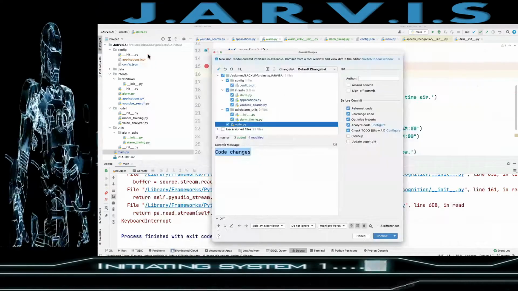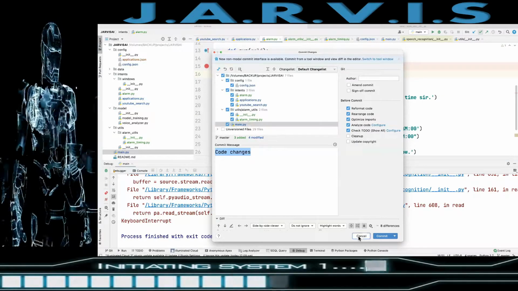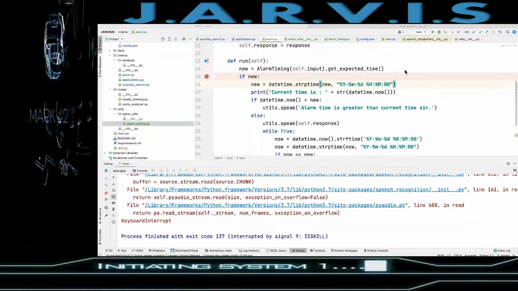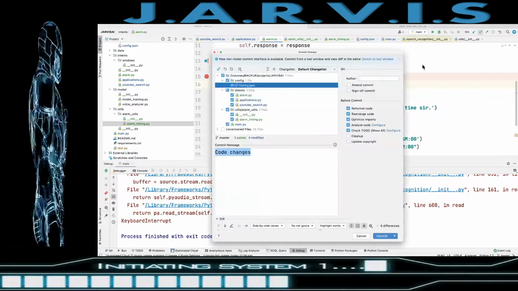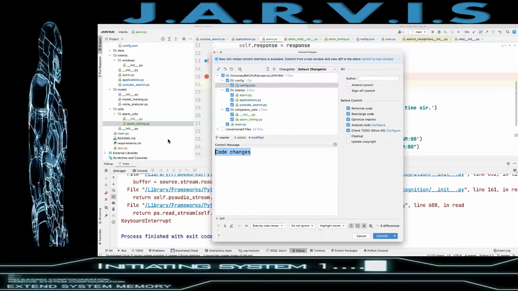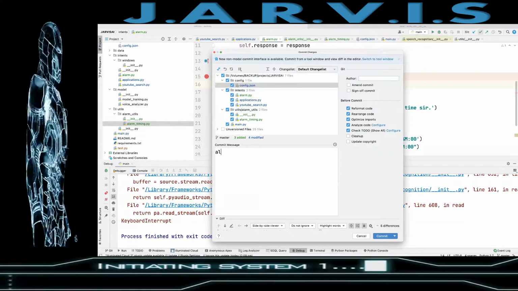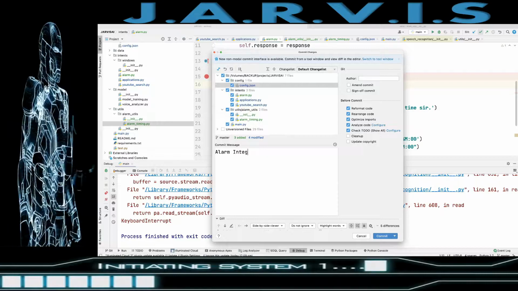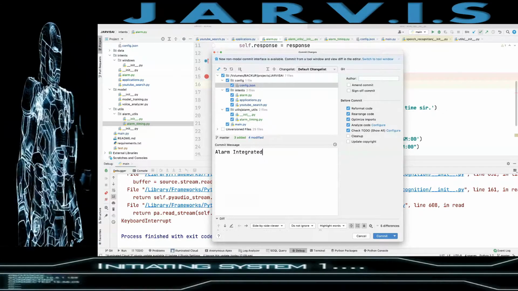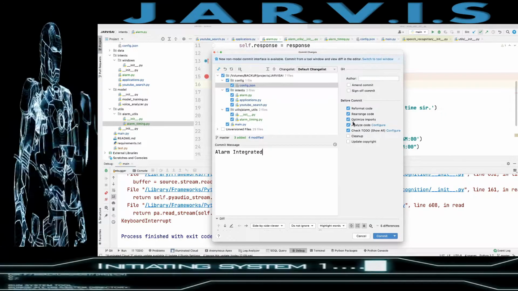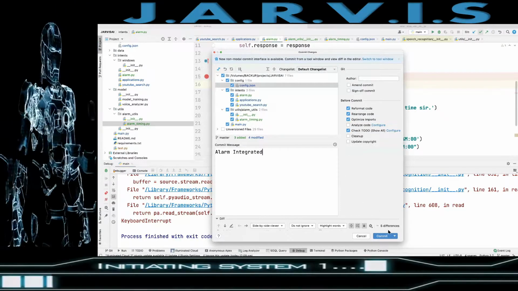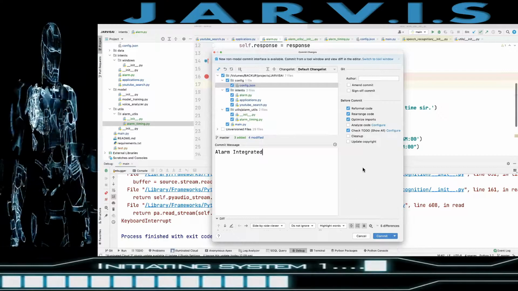So till now we have implemented YouTube searches, launching of applications, and setting of alarm. So let me commit this: alarm integrated. I'm removing this, and commit and push.